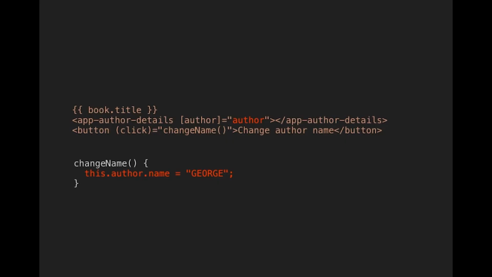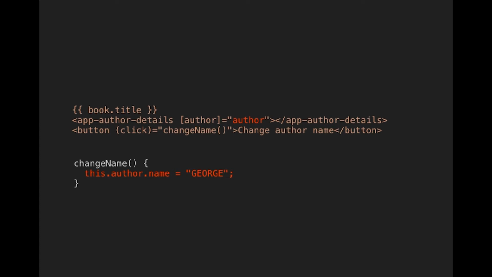But does Angular really have to run change detection for all the components? Let's take a look at this example. We have a simple book details component, and inside of it we have an author details component. And we use property binding to pass the author object to the author details component.